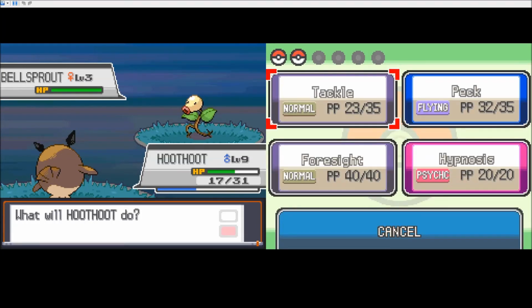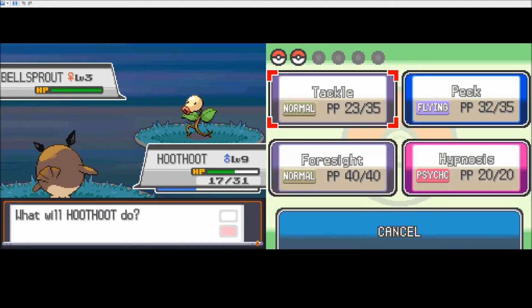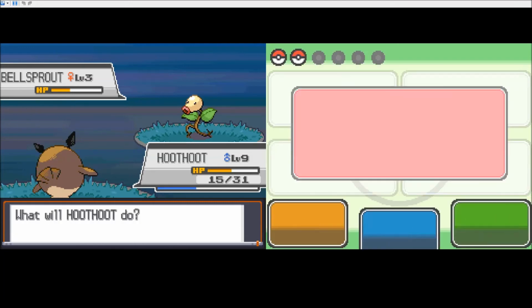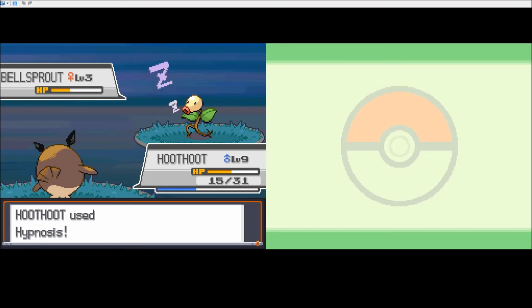Alrighty, we have found a Bellsprout. I don't want to use Peck on it because Flying is super effective against grass types. So we're going to sit here and hope that Tackle does not kill it. Alright, very good. And now, to increase our odds of catching it on the first try, because I don't like wasting Pokeballs, I'm going to try to put it to sleep. And success. Very good, very good. So, with Bellsprout asleep...